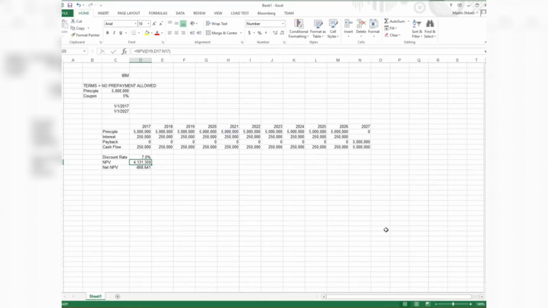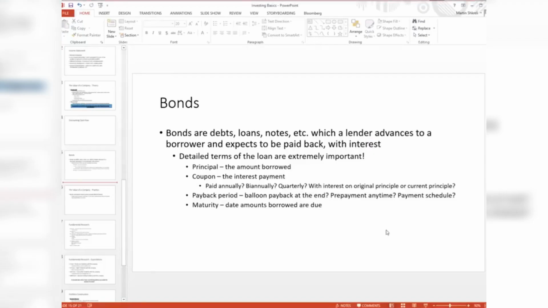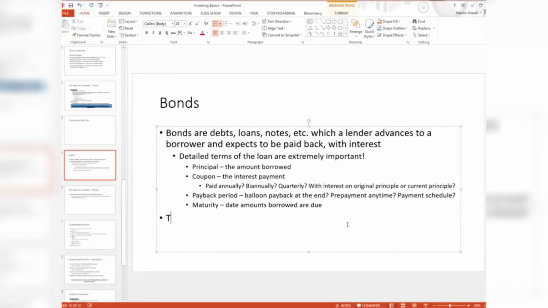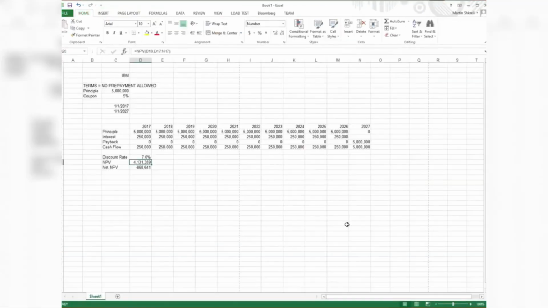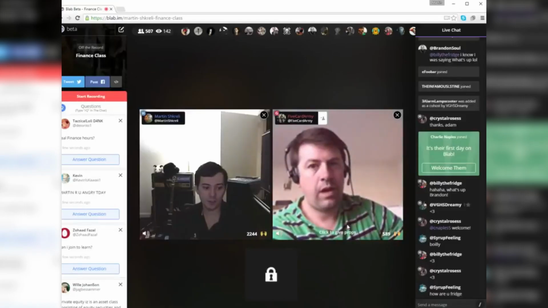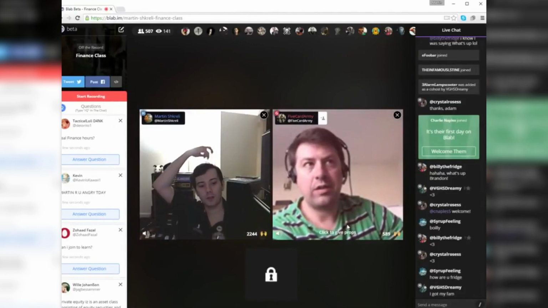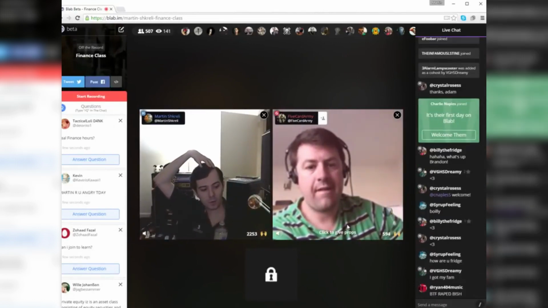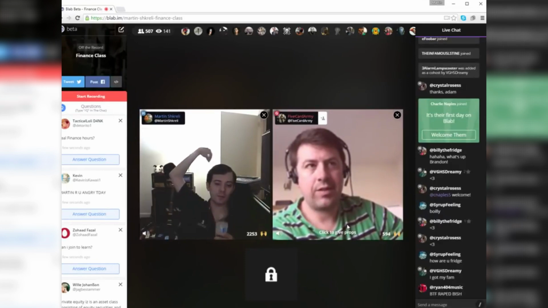Because you're a senior secured lender, typically bonds are senior to equity. It's very important. Typically, bonds are senior to equity, which means that if something goes wrong with a company, the bondholders get paid first. They get cashed out first. And if you're senior in the capital structure, as we call it, especially at a big company like IBM, it's more likely than not you should be able to recoup your $5